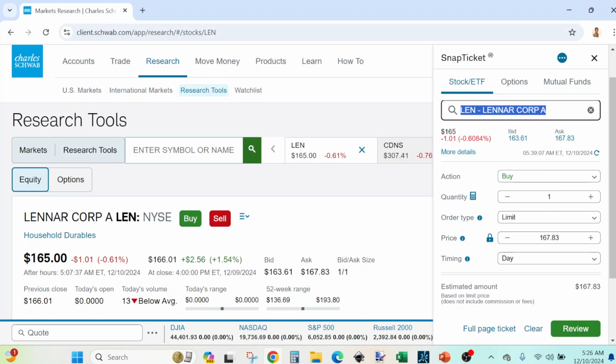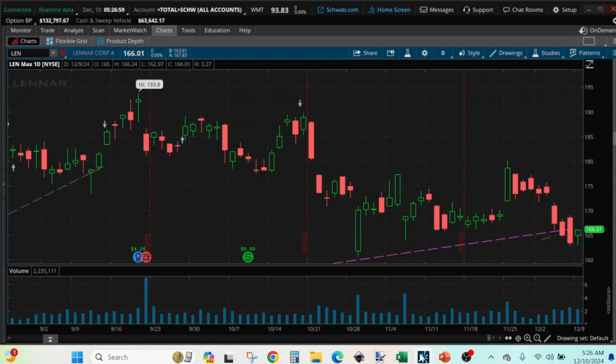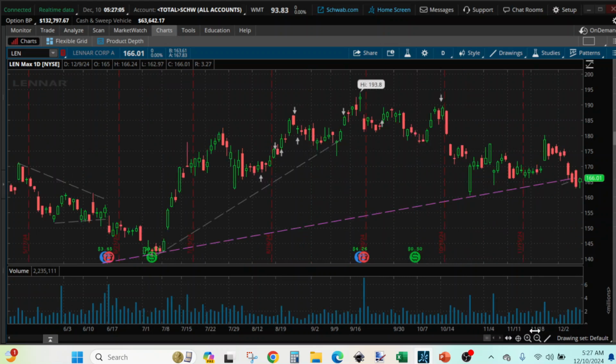So we have 165 that it sold last, and we have 166. It closed yesterday at a higher price, therefore I'm going to go with 165. If it goes low like that, today is going to buy for us. Now the quantity: we are going to do a little calculation for the number of shares we like to buy. So I'm going to lower this a little bit